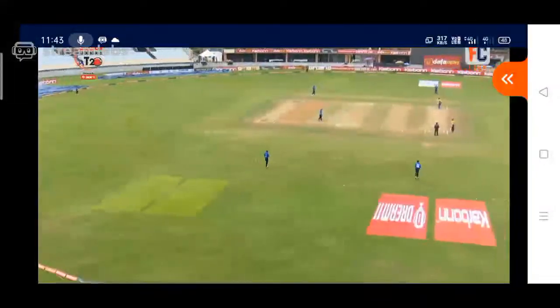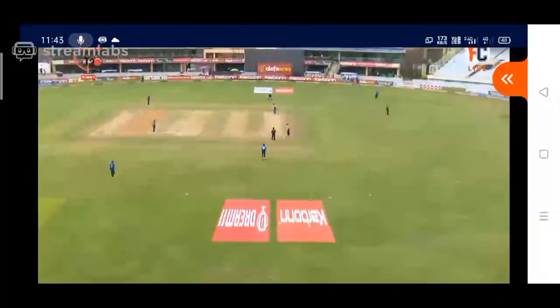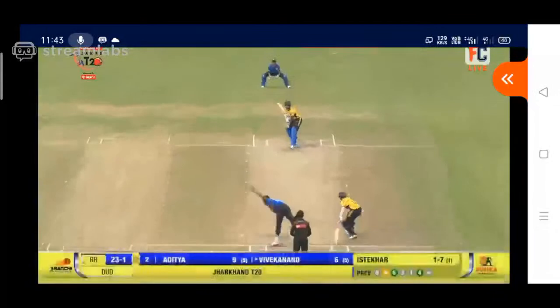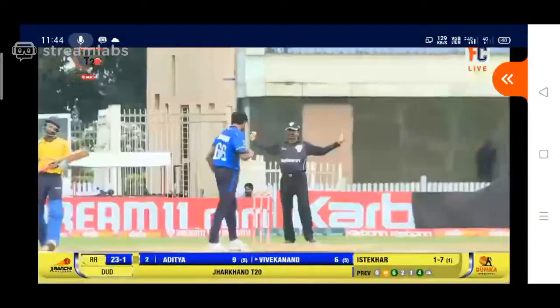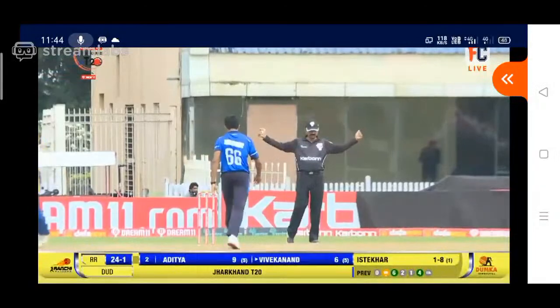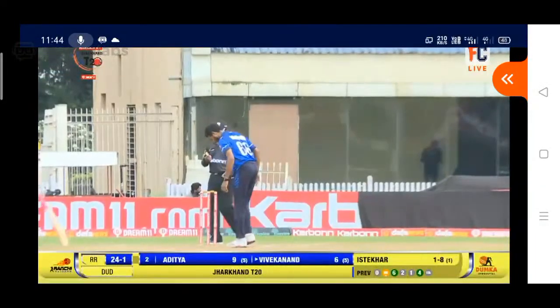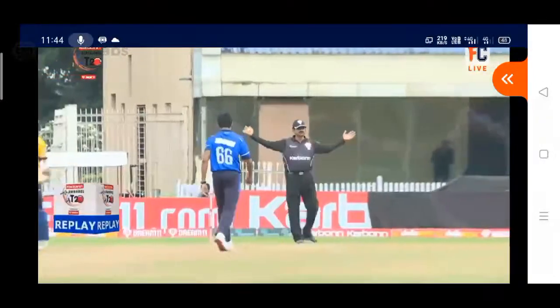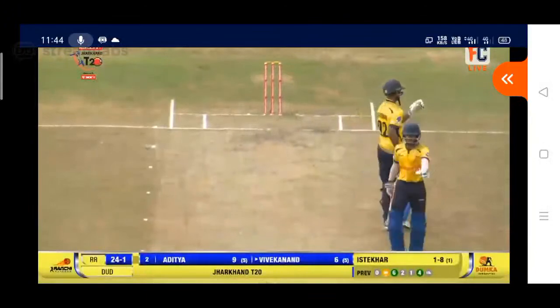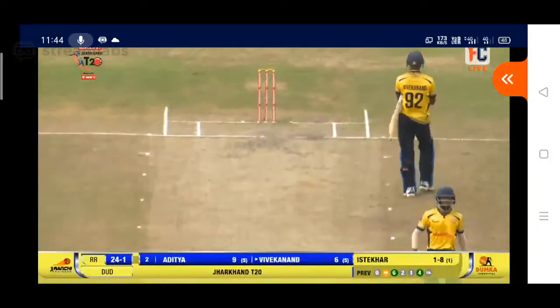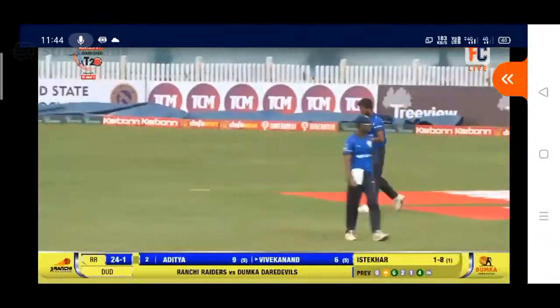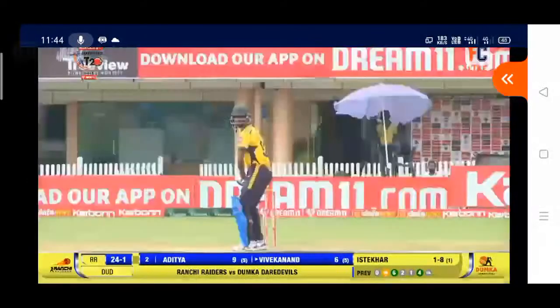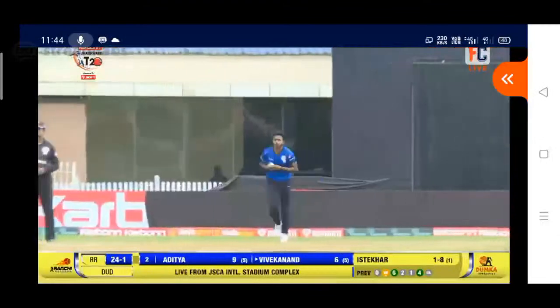So in the last match played by Ranchi Raiders, Vivekanand Tiwari had scored a good 34 runs off the bat. Hard-hitting batsman Vivekanand Tiwari on the crease, right-handed. Drifted towards the leg side, and that's a wide there given by the umpire. And we are done with the second over. They're scoring at 12 runs an over, which is a very, very good score in a T20 tournament.